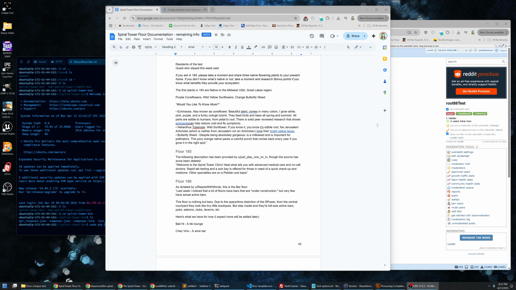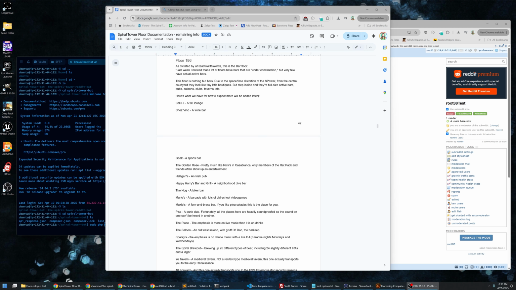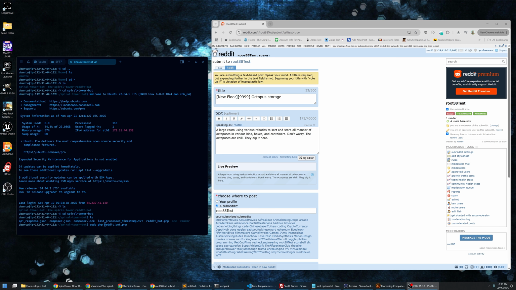I am currently importing all of this data into the website. To add new data, you guys will be able to start a new post. Put the words "new floor" here. This is what the bot will pick up as a command that you want a new floor. Here's the number of the floor that you want, the title of the floor,